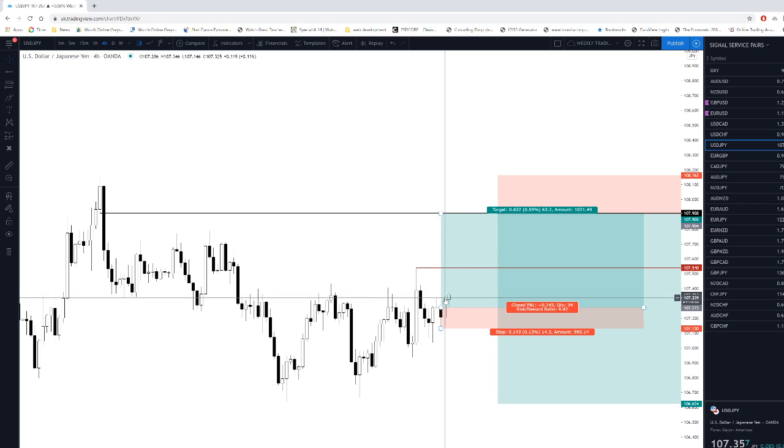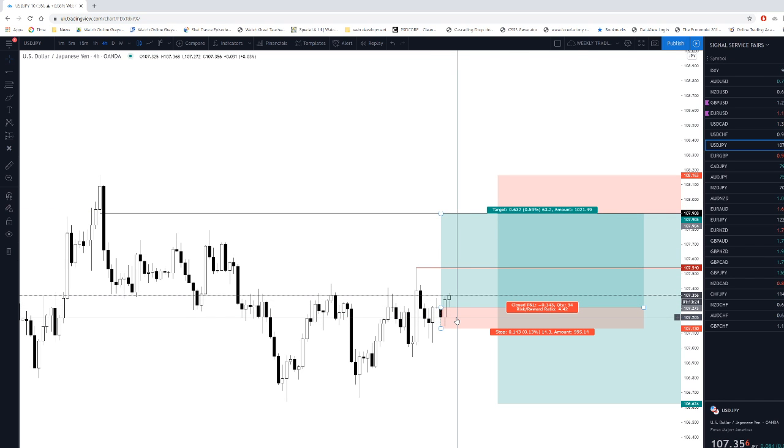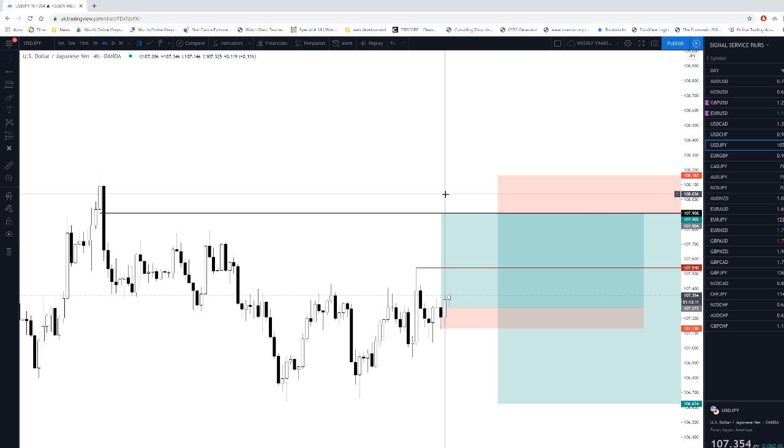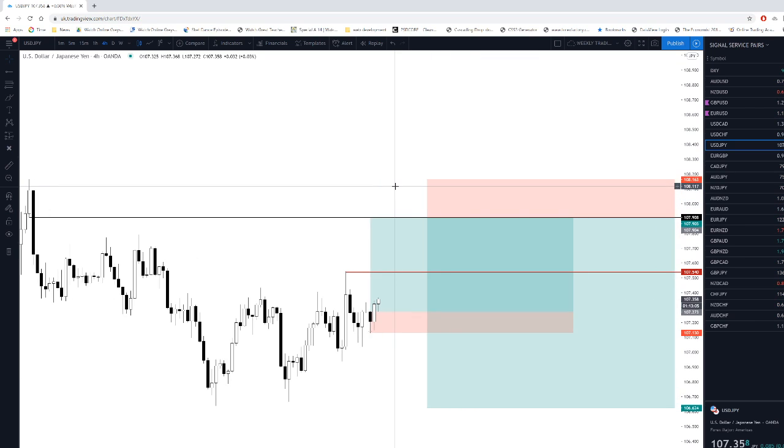So with all that explanation, like I said earlier, if this is gonna go up here, I'm buying it. Simple as that, because I don't know whether it's gonna do it or not. So if I don't know and I have a stop in place, if I'm wrong, it'll stop me out. If I'm right, it'll go my way. So now I'll just take the trade. Okay, so that's just another little